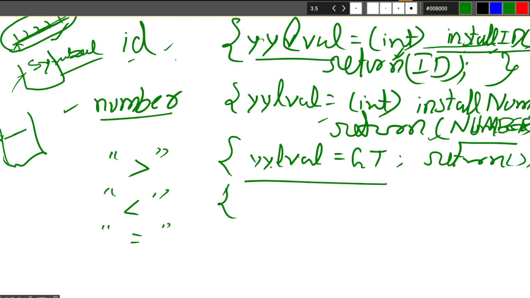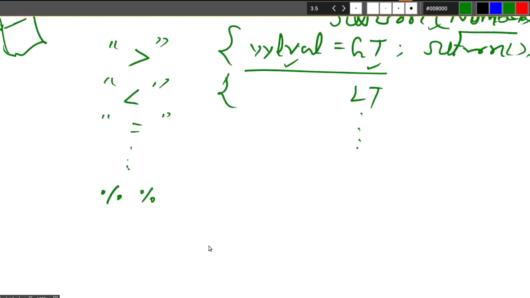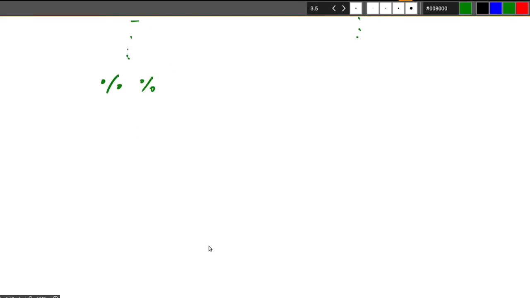So this y by lval is there, so the parser will automatically know that it was a GT. Similarly, it will be LT and other symbols as we have specified, right? And after all these things have been declared, you will close this part. This was the declaration, meaning patterns, rules,